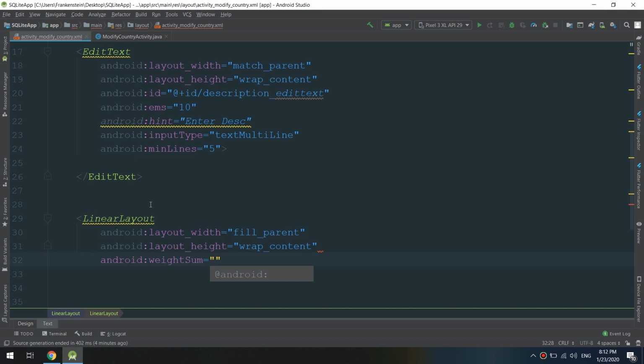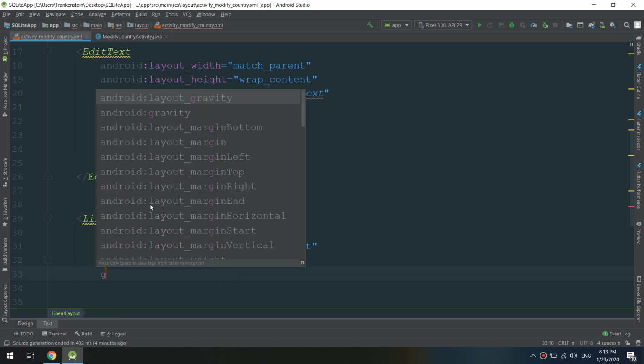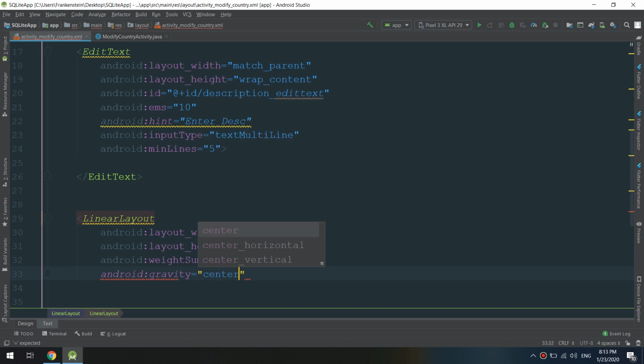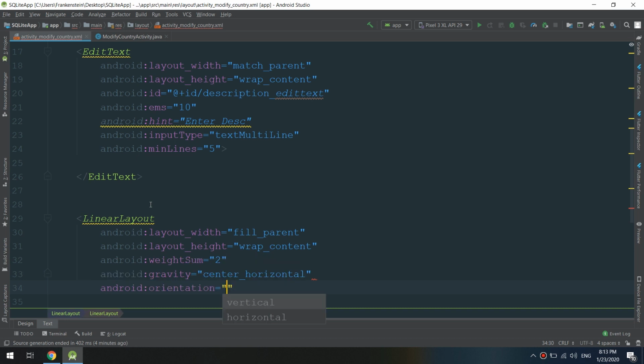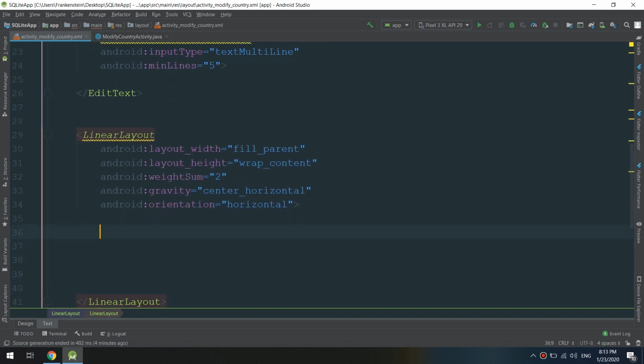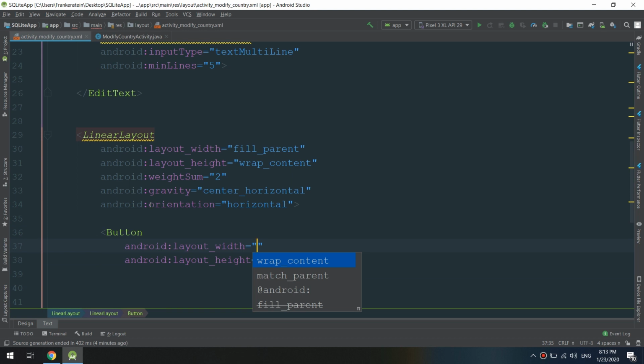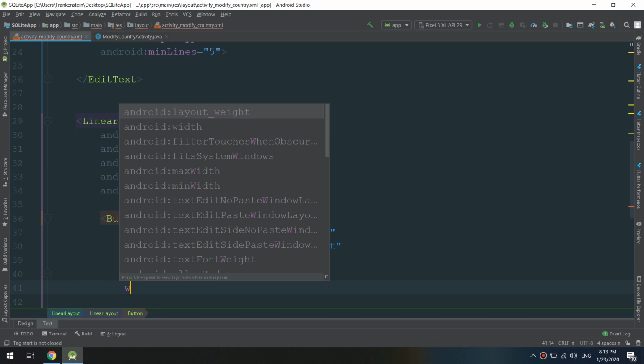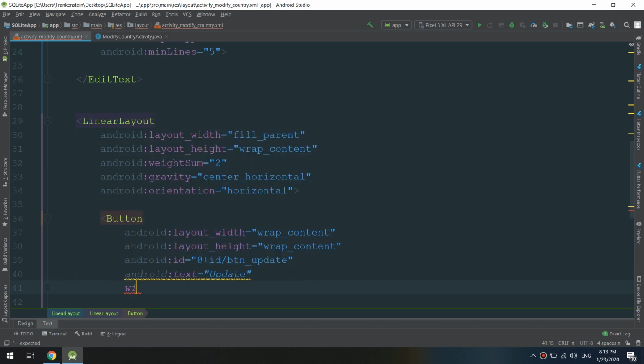I'm making a new linear layout inside the big linear layout, the parent linear layout that contains the 2 edit texts. I'm making a linear layout below. Now everything is working fine, and inside our linear layout child, we are going to make a button. As I told you, this button is responsible for updating and modifying the results. Okay, the text is update and the layout weight